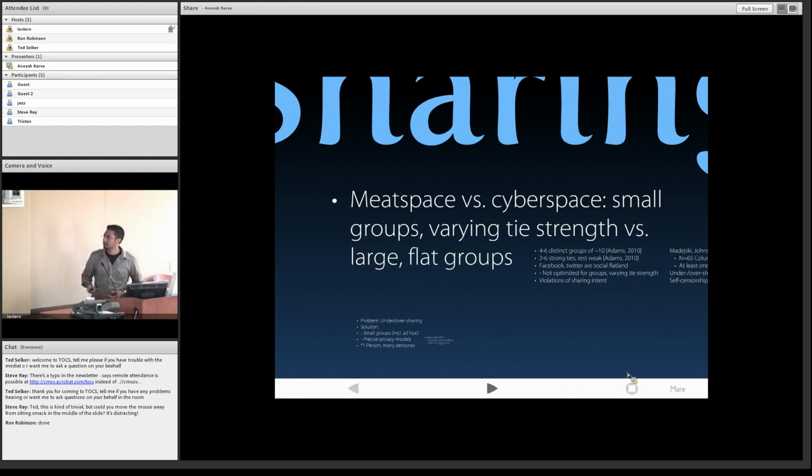Okay, so the last piece I want to talk about in order to motivate privacy and sharing is the difference between the way that we have designed online social networks and the way that human beings are designed to function in social groups. If we go back to the beginning of the talk, we talked about looking for the misfits between our form, which in this case is the design of the social network, and the context, which in this case are the natural social tendencies of the human beings that are interacting through the social network. And so there were a couple of results I want to go over with you.